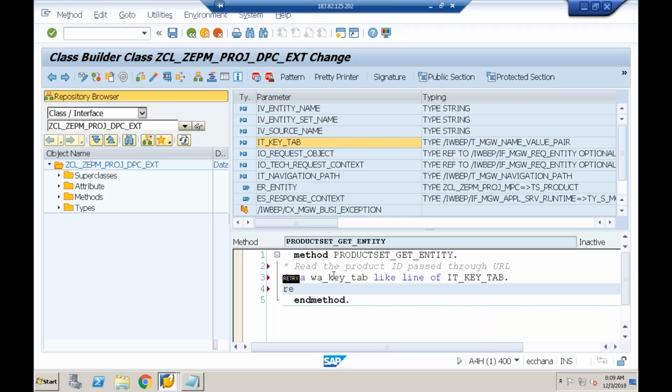Let me read it. So I'll say read table. What is the internal table parameter there? It_key_tab. Read table it_key_tab into what is the work area declared? w_key_tab, with the key. Okay, so just now we have seen it contains